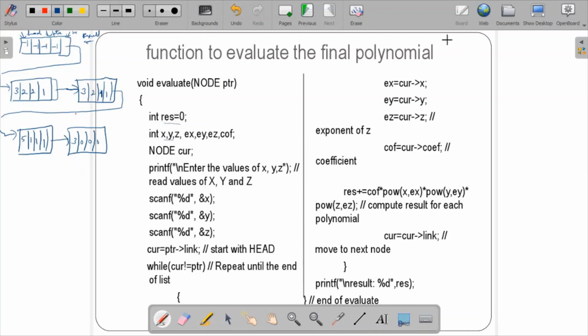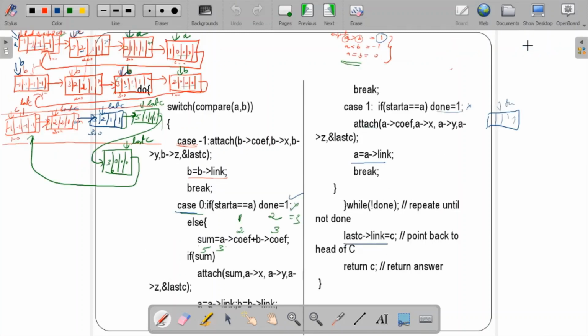Whatever we got, the result is nothing but 3x square y square z, as well as 3x square yz plus 5xyz plus 3. This is the result. If you had seen in the previous, I got this particular node, this particular node, this particular node, and finally I'm going to print over here.